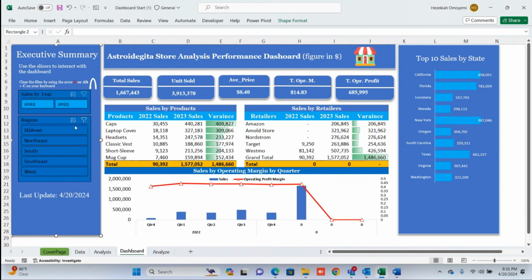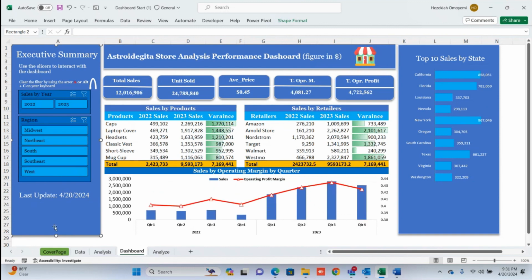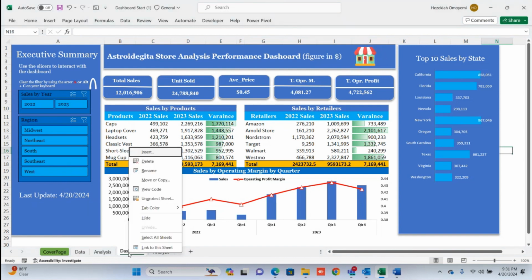Everything, you have to test everything whether it is working perfectly. You can put your name here, whatever, just to make sure. So this is the dashboard, executive summary. So it is looking perfectly well. And how can you protect this sheet? You can simply